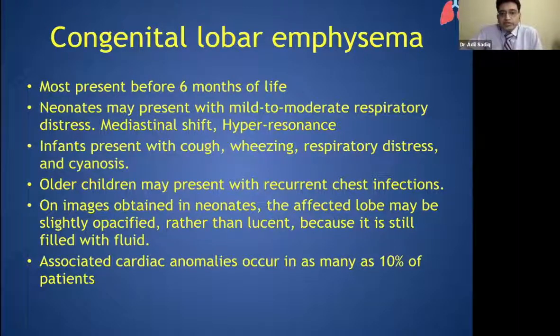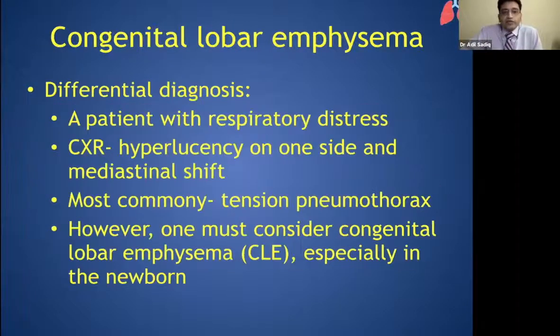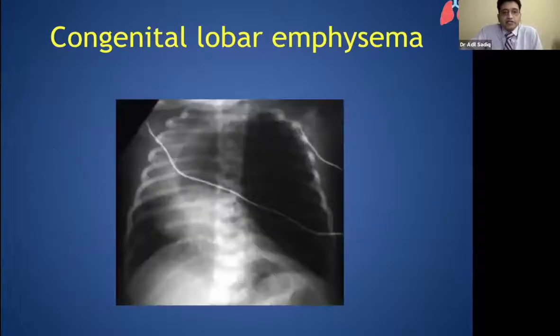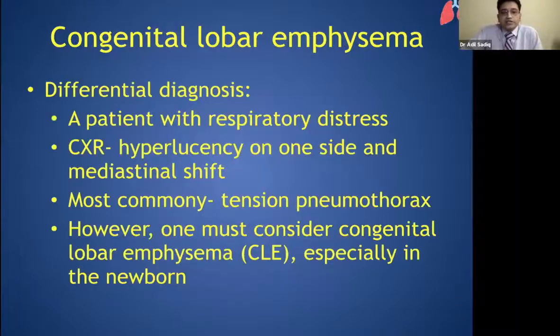It's very important to see a particular X-ray that we see, because there can be a differential diagnosis. I'll just show you the X-ray. You have a hyperlucent left side, overinflated, with mediastinal shift. So a differential diagnosis, obviously the most common anomaly that we see on this is the tension pneumothorax, but we must consider a congenital lobar emphysema, especially if it's in a